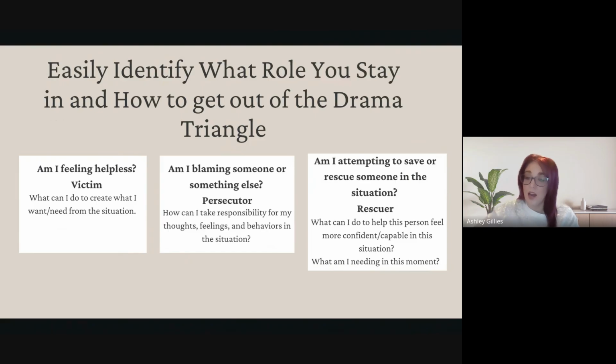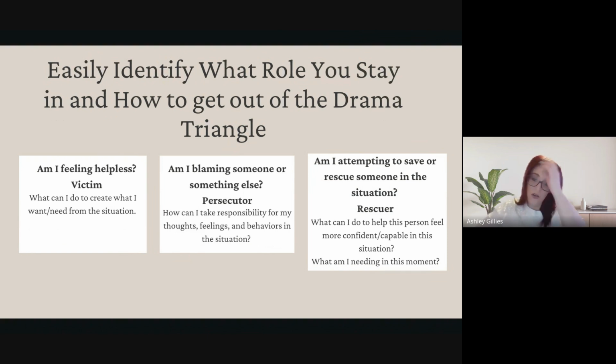I'm not saying it's going to happen overnight. I'm not saying it's going to happen in a year. I'm not saying it's going to happen in 5 years. But every day I got up and went to school, every day I got up and did a little bit of something, that degree finally came in the mail. I finally got to walk. I finally got a job, on and on and on. You don't have to stay stuck there. Okay. You go to the next block. Am I blaming someone or something else? If you run into a situation and you find yourself blaming something or someone else, you're the persecutor.